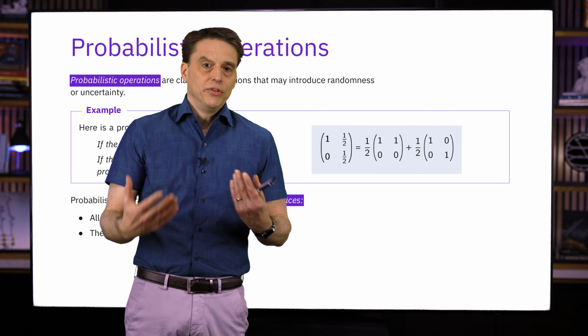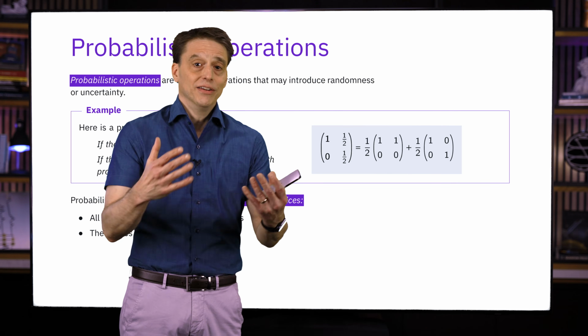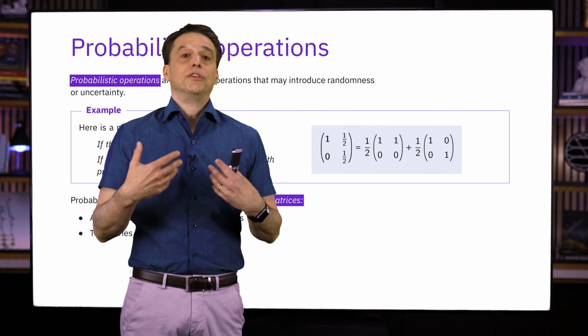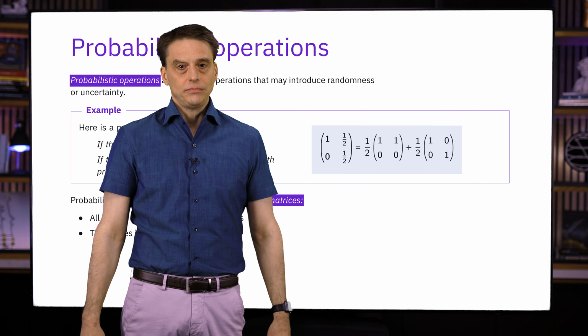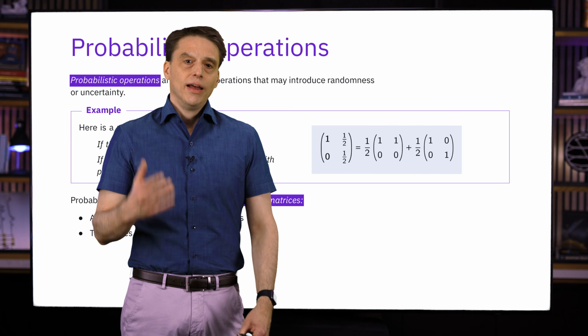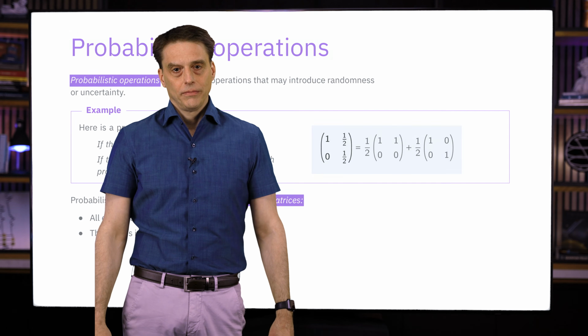If you made random choices as part of some process, you could always imagine making those random choices in advance, and then hard-coding those choices into some collection of deterministic operations. It's sometimes quite helpful to think about probabilistic operations in this way, and we'll see an example of this down the road in a couple of lessons.